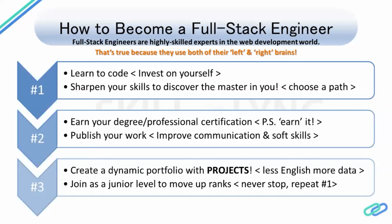Last but not the least, join at a junior level, and then never stop step number one and step number two. Keep repeating that. It's okay to join at a junior level. Don't always look for a senior level job. Move up the ranks. What I mean to say is, you don't become a full stack engineer at once. You get into maybe front end development, then move into back end, then gather some experience on databases, and then eventually